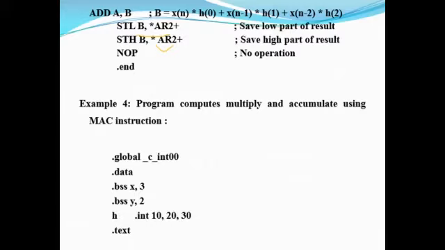Now, if I don't want to use indirect and direct addressing mode, I have to use another concept like a MAC instruction. Instead of multiplying and adding separately and storing the result in a register or accumulator, we can replace everything with just a MAC operation. Here we assign 3 spaces for the x variable and 2 spaces for the y variable to store the result, and h is the coefficient, with values 10, 20 and 30.